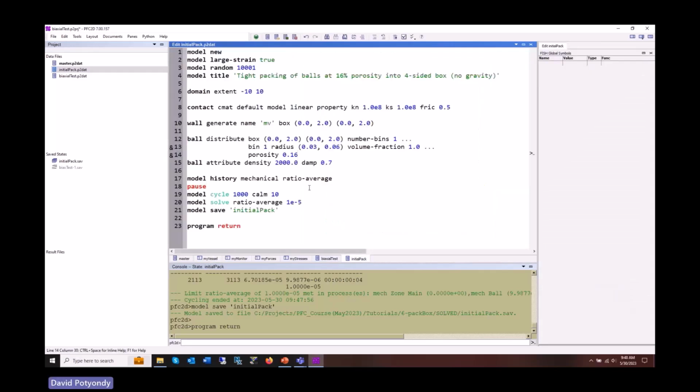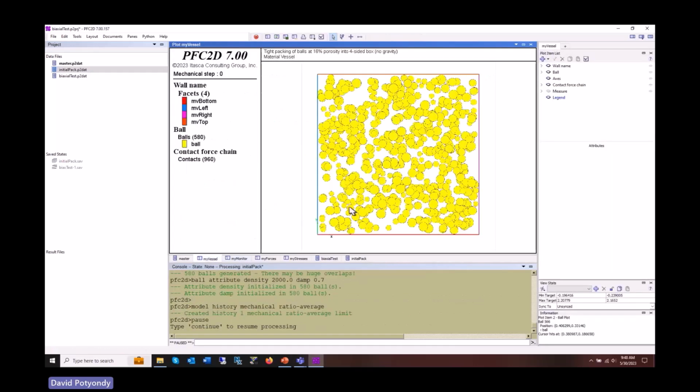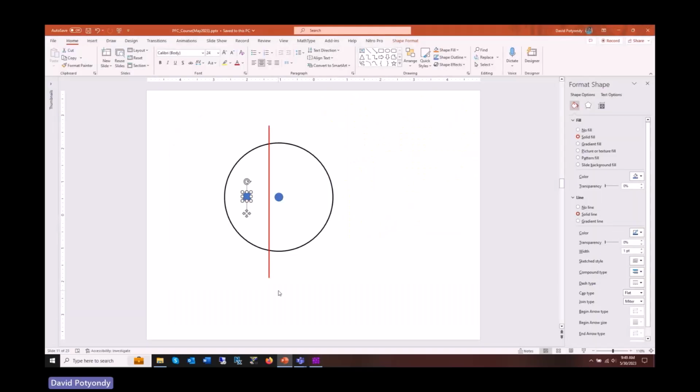Now let's make this porosity really, really small. So there's a giant number of particles in there. Now, what's going to potentially happen when I first start cycling, there's giant forces here, okay? Those forces might be enough to take this particle and give it such a high velocity that it actually goes through the wall. Because remember, from this picture,